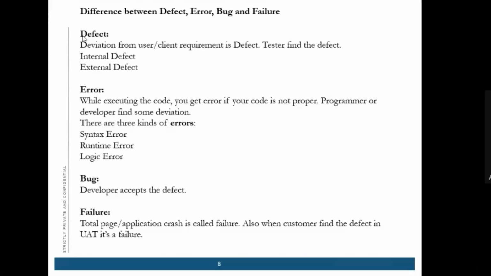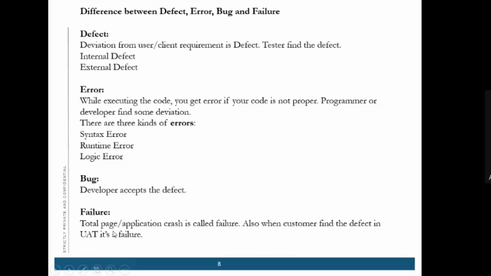Next is bug. When we raise a defect in our testing and the developer accepts the defect, that changes it into a bug. Next is failure.